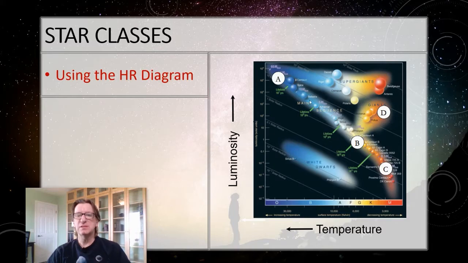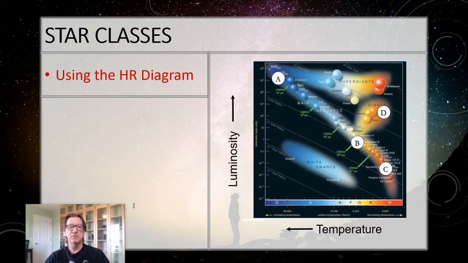All right, so this is the HR diagram. This is going to be similar to what you're going to be working with. And again, I need to lower my camera view here. So luminosity increases this way, temperature increases this way. Now that makes some people nervous. They don't like that something's increasing this way. Remember, what's actually increasing to the right is the wavelength. Short wavelengths are blue, and so they have a higher temperature. Long wavelengths, which are over here, as you might expect, are red, so they are cooler, right?